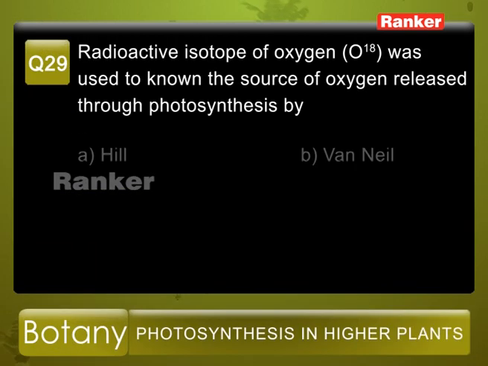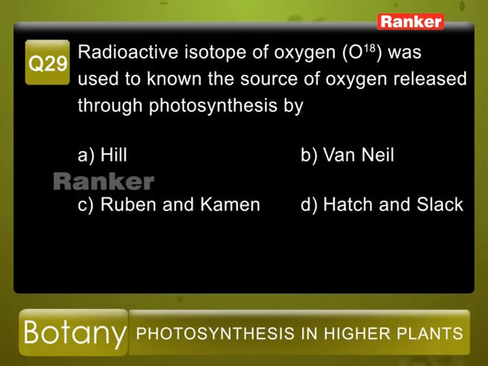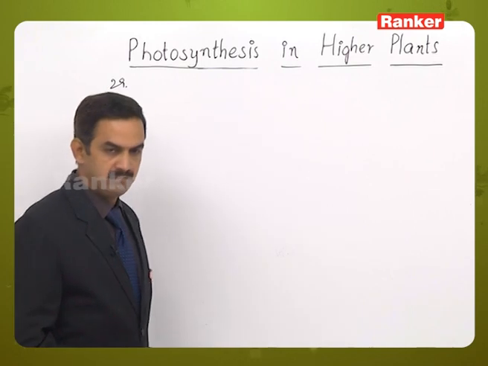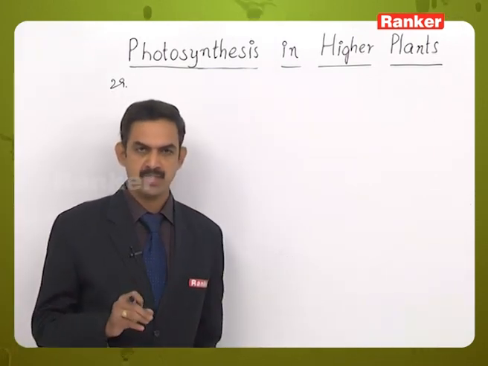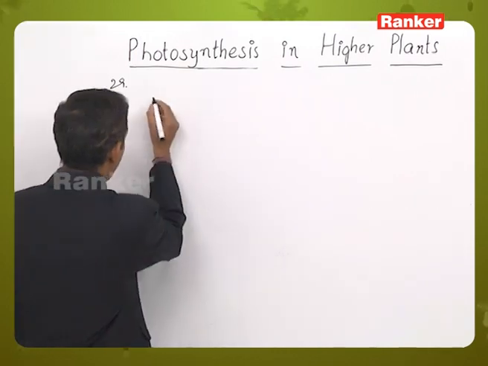Question number 29. Radioactive isotope of oxygen O18 was used to know the source of oxygen released through photolysis by. The given options are: A. Hill, B. Van Niel, C. Ruben and Kamen, and D. Hatch Slack. So here there was a small concept that had to be noted here, that is, in the photosynthetic